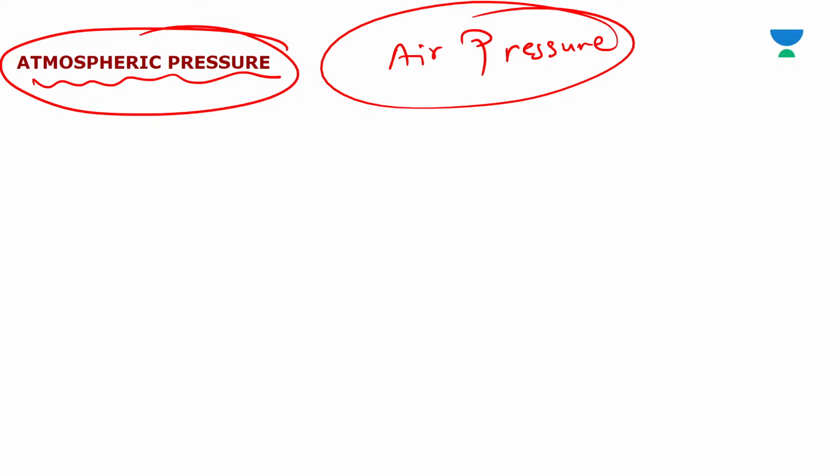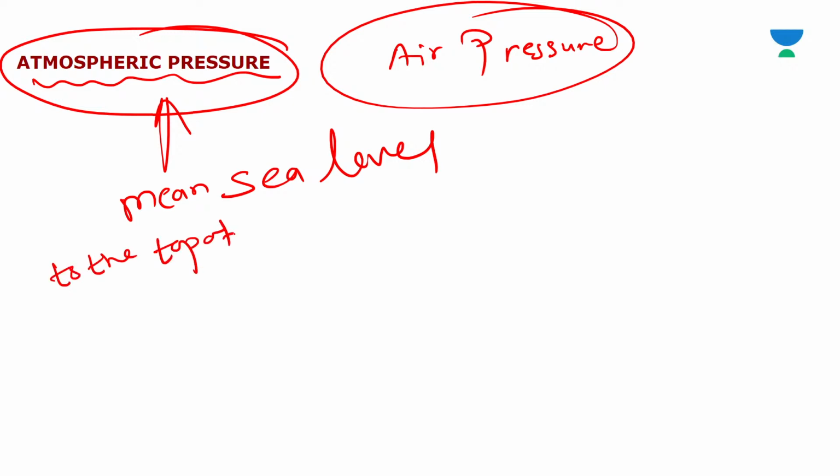Now, dear friends, normally the weight of a column of air contained in a unit area from the mean sea level to the top of the atmosphere is called atmospheric pressure. Now, the atmospheric pressure is expressed in units of